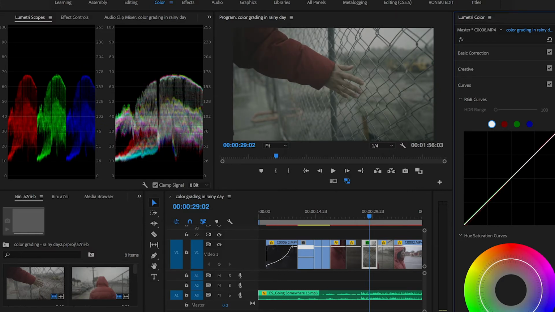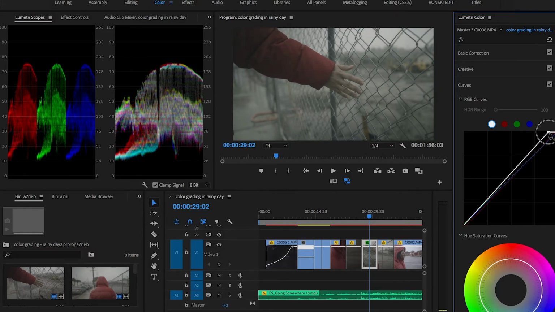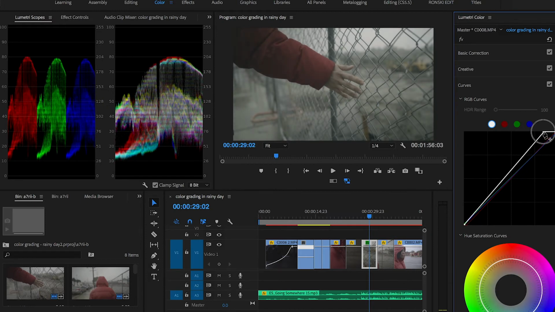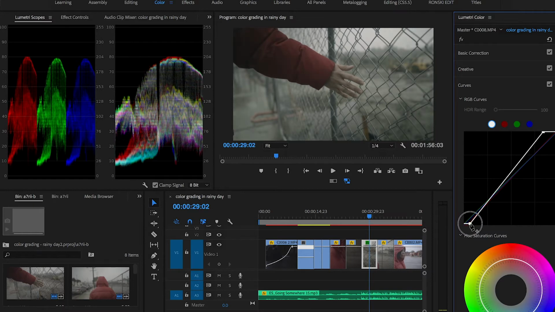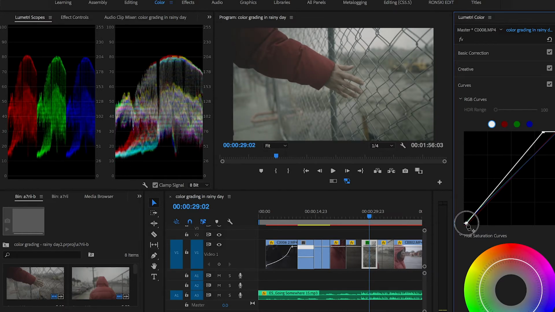Maybe I can raise this highlight a little bit until it reach 80, and then my shadow, lower it down a little bit till reach number 10. Okay, then let's go back to the red channel, because if you see the red here, it